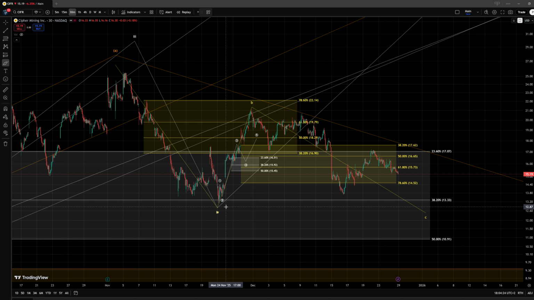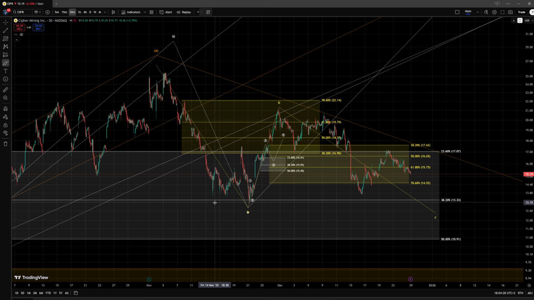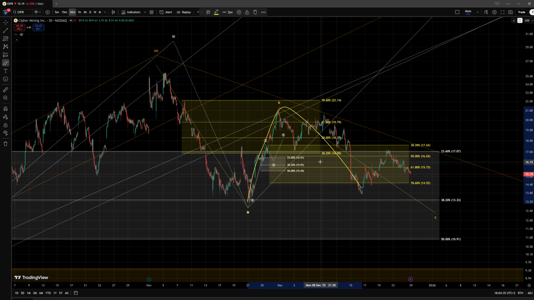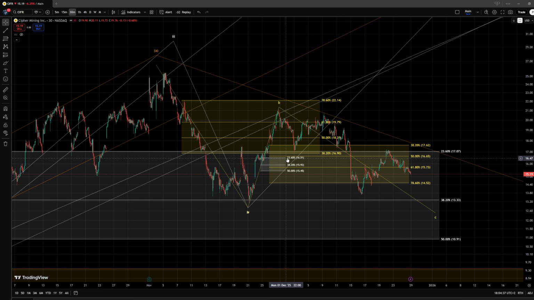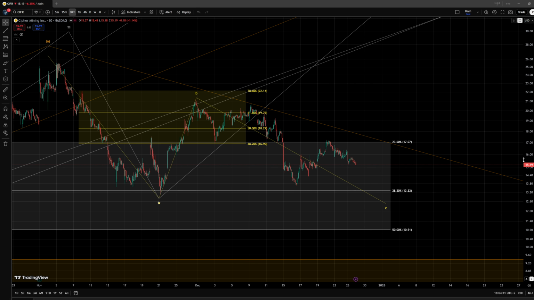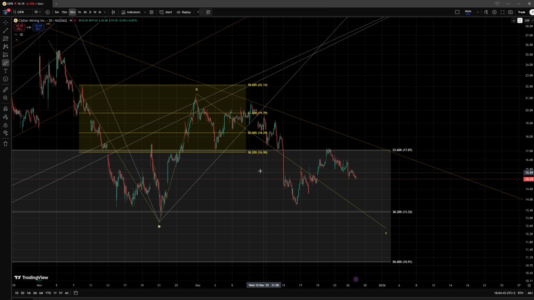While technically we need a break below the previous low, the $13.1 level, around that area anyway, for a signal for a complete invalidation of this potential 1-2 setup. It is a very unlikely interpretation for it to still work out, especially as we seem to already have a full movement within this correction to the upside.